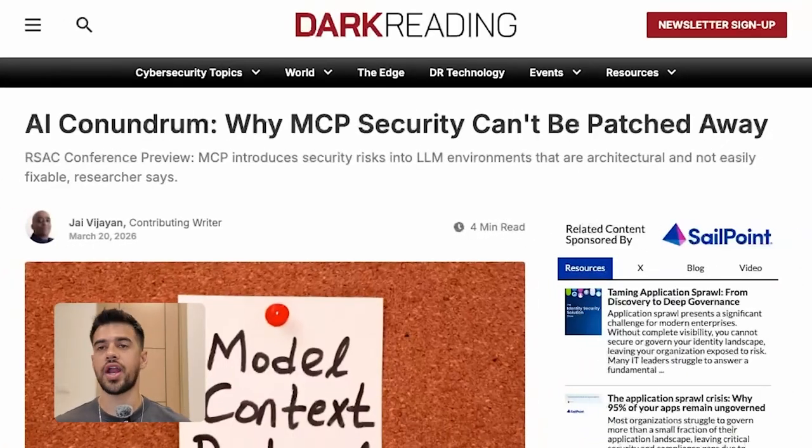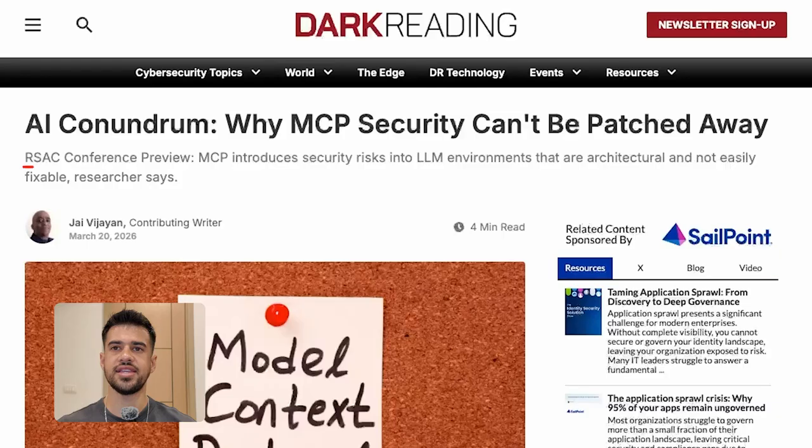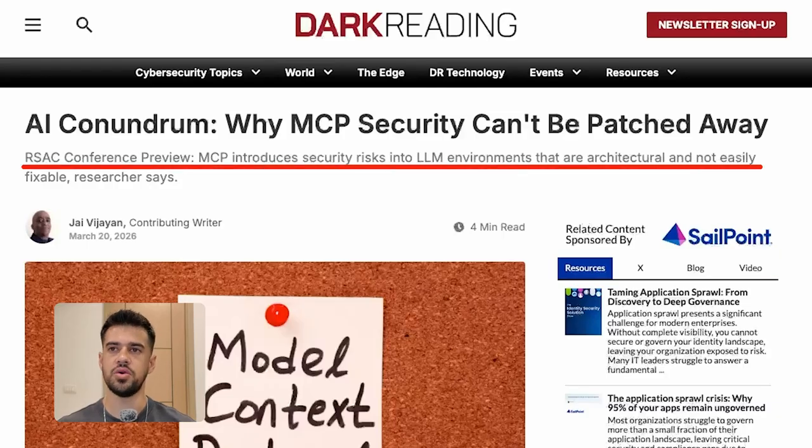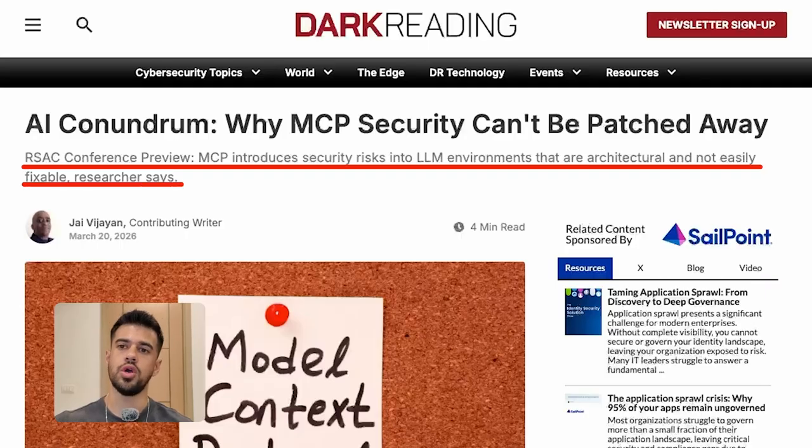So this article that I have here is actually based on the RSAC conference preview, and they were talking about how MCP is introducing these security risks into the LLM environments that are architectural, and so they're not so easily fixable according to researchers. First, let's take a step back for those of you that may not be aware of